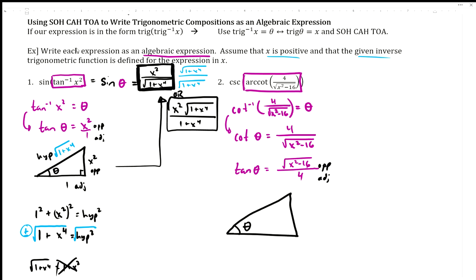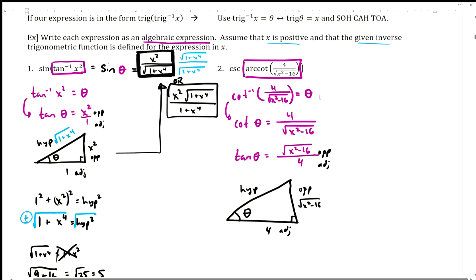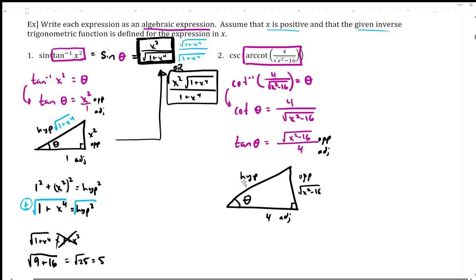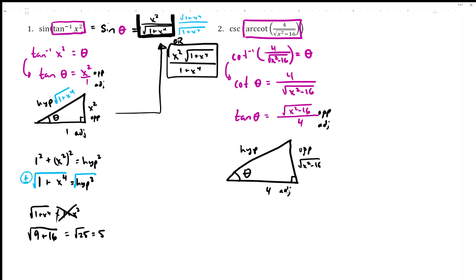So here's our theta. We have the opposite side is the square root of x squared minus 16. We have the adjacent side is 4. And then we again need to find the hypotenuse. Okay, so they could give us different trig functions besides tangent here. So as long as you fill out your triangle with those words and place the things in the right spot, you'll be fine. Okay, but Pythagorean theorem will tell us